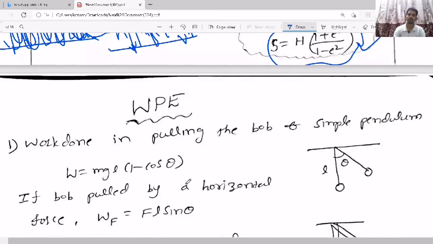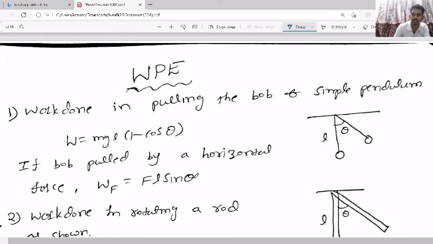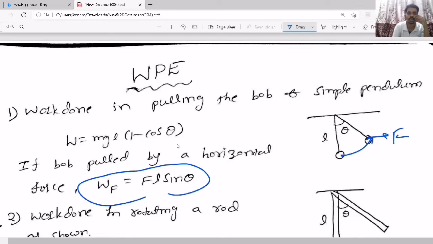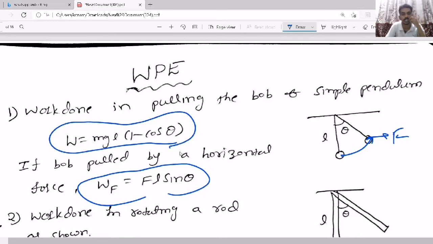Here I will show you a few shortcut formulas. Please try to remember. I'll just read it and try to understand. If there is a pendulum and you shifted it by some angle theta by applying some force, then what is the work done by the external force, and what is the work done in pulling it through an angle theta? So that is this one. So please try to remember. Just here you have to understand what is the height increased, what is the displacement, so that you can understand it.